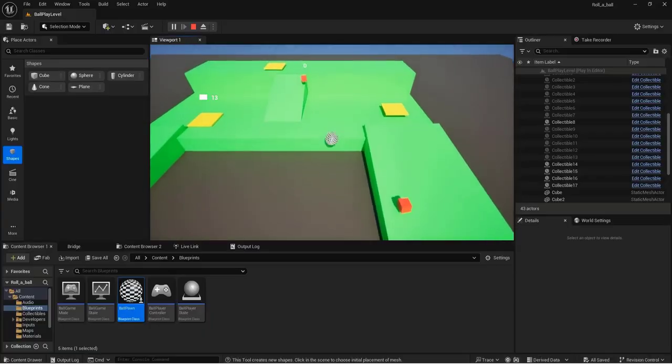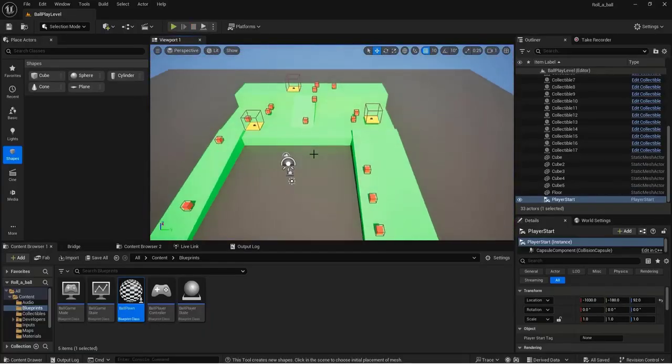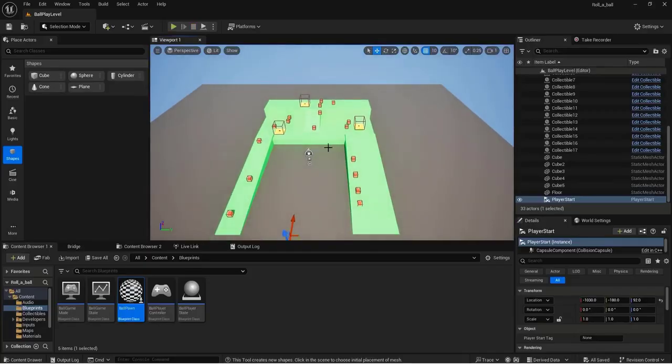So that's another thing that you can do as a whiteboxing level. Usually it's just generic shapes and generic colors to get the gameplay functioning. And once the game is functioning,